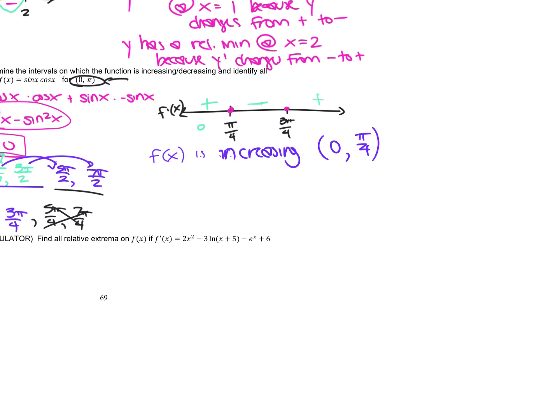So that's where we're going to just say they started our interval at 0. We're just going to start our increasing at 0. Then it's also going to be increasing from 3 pi over 4 to where our interval ends, which is what? Pi. Trig ones are a little tricky this way because you have to kind of just look at a snapshot of it. Also, I should have said this on the last one. There is a reason for this. How do we know it's increasing there? Because why? Our derivative is greater than 0